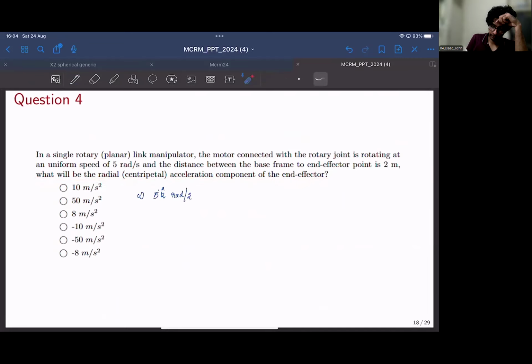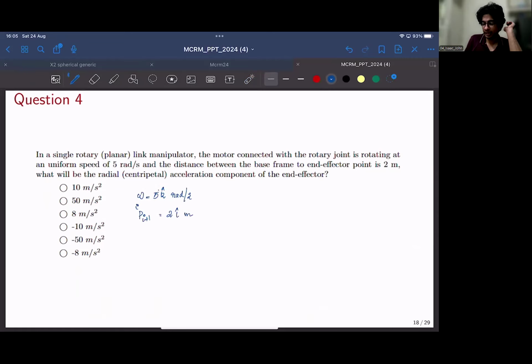I hope you will agree with me using this unit vector k, because the rotation of a rotary mechanism would always be along its own axis, right? So that unit vector always remains constant. So omega is given as such, and the distance iP(i+1) is given as 2 meters. I'll write this vectorially as 2i meters,